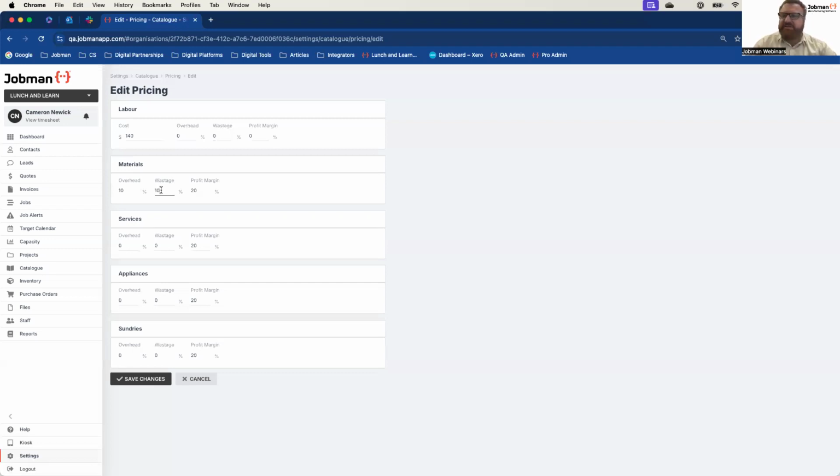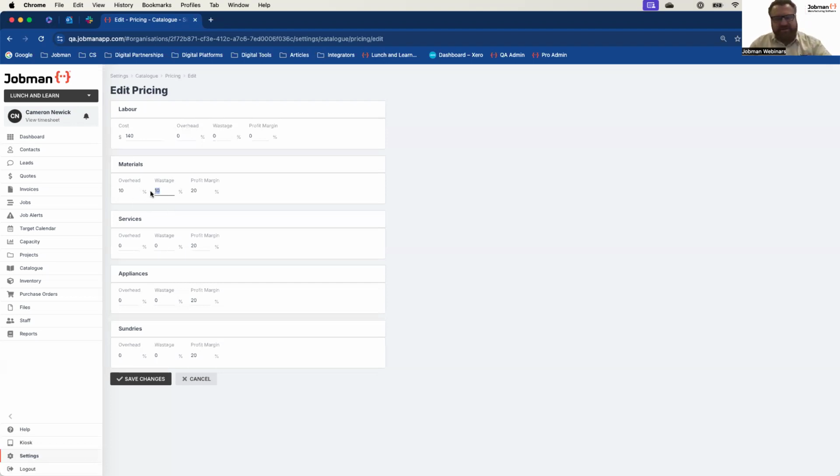So by having a wastage allowance, it allows you to cover that. Other things probably don't have a wastage allowance. For example, hardware and things like that really don't. You buy 10,000 screws, 10,000 screws. That's it. You're not really throwing too many screws out. Hinges, panels, all those sorts of things don't really require a wastage amount.